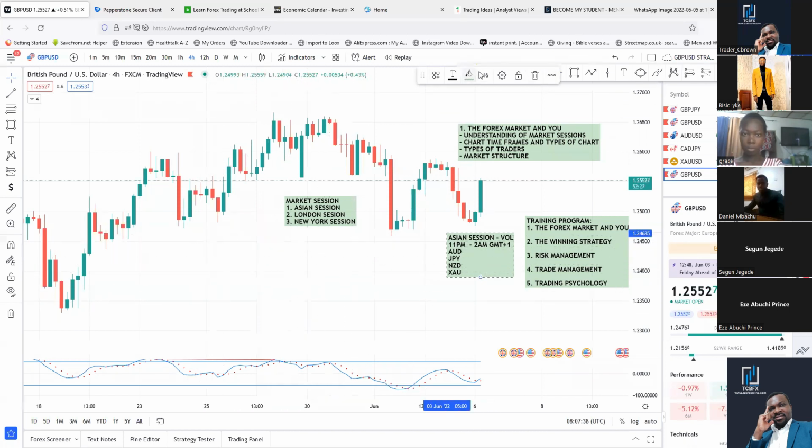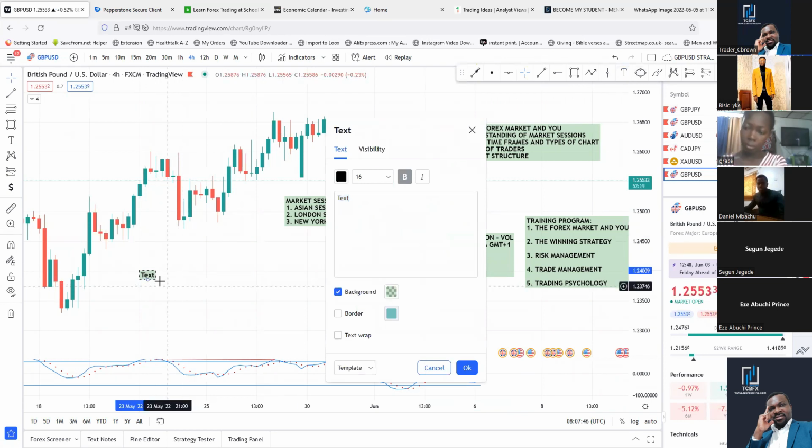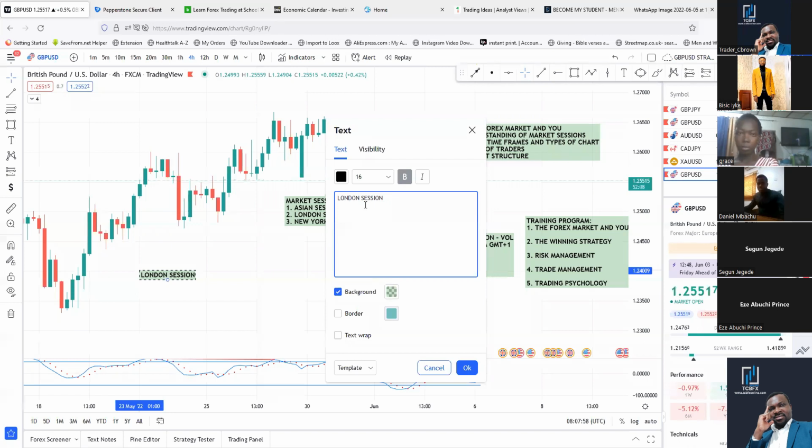Now let's go to the London section, which is the busiest section I can ever think of. So we are in London section right now. What are you looking for? Volume. Remember, volume. You're looking for volume. When can I get into the market and trade and make money quickly and get out?